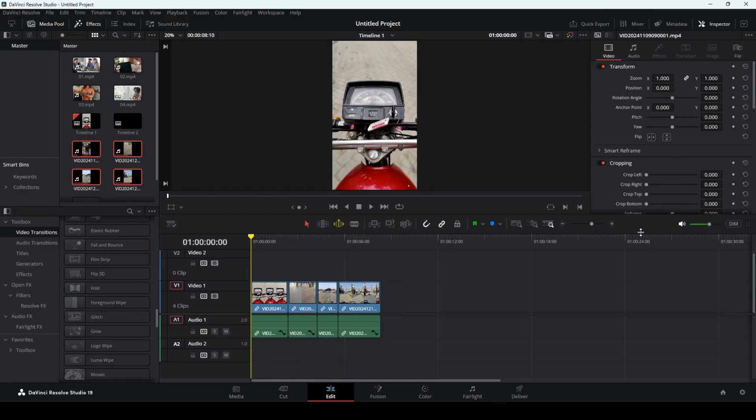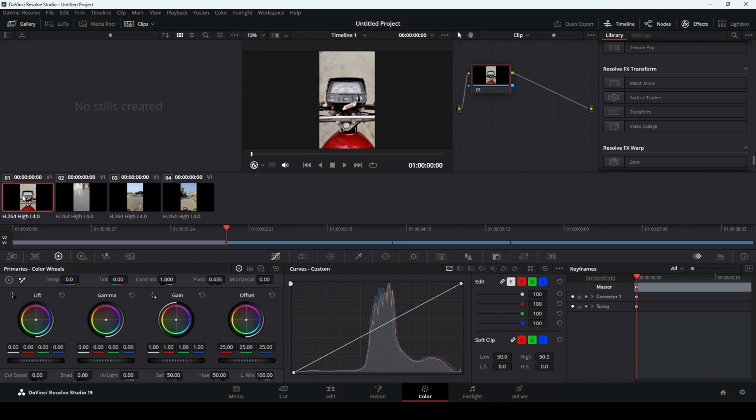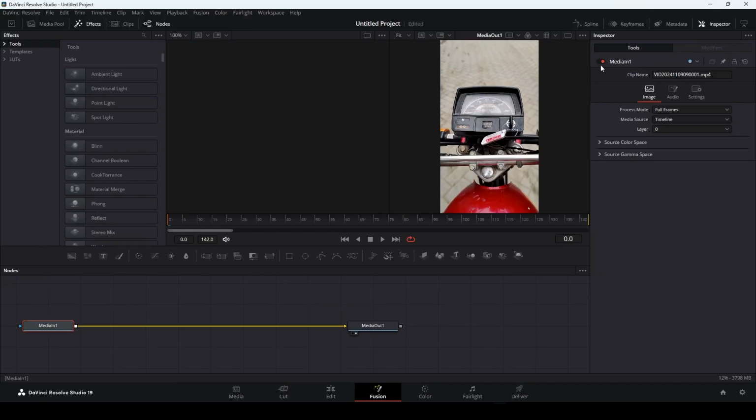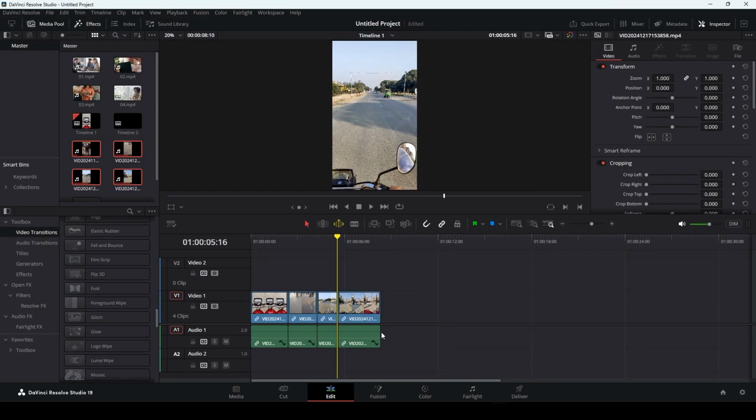We can change the settings as we did earlier. We can go toward the color section to color grade these different clips. We can do individual color grading, then we can do the fusion. Over here we can change the different settings, or we can apply different effects to our videos, and then afterwards we can deliver our project. Or we can go to our editing section. We can simply do a quick export,